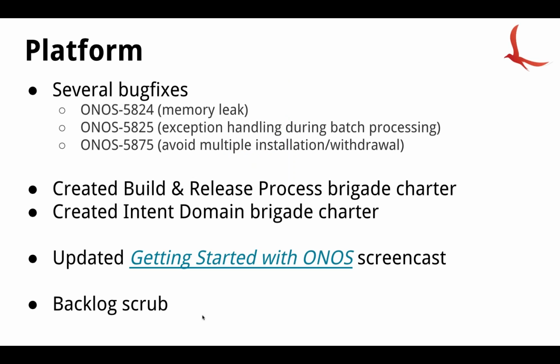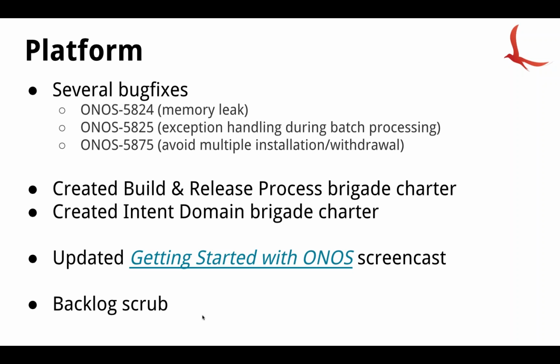Can you hear me? Yes. Okay. So we did several bug fixes in this sprint. The first one is on the southbound in the single default pipeline. We have a memory leak in particular. When we remove the flow objective, we didn't clean the flow objective store. So we had next objective forever in the flow objective store. And this can lead ONOS to die, because basically this objective store increases the size